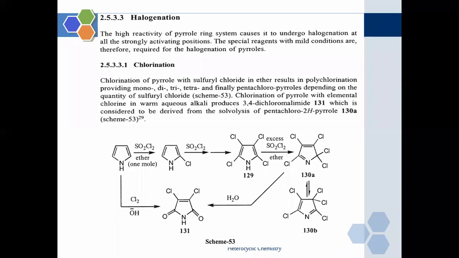The second reaction with respect to the pyrrole molecule is the halogenation reaction. Now, we know pyrrole is a pi-excessive heterocycle. It is going to have an aromatic character. So this high reactivity of the pyrrole ring system causes it to undergo halogenation reaction strongly at the activating positions. Mild conditions are required for the halogenation. So for the halogenation of the pyrrole molecule, we are going to use